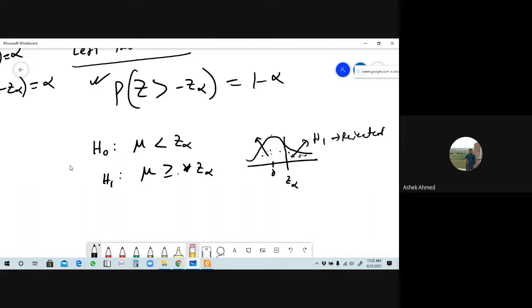Does it match with what I am saying? This is accepted for this problem, because here H0 is true, and in this region H1 is true, and when H1 is true it is the rejected region, is it right? Yes sir. So tell me, the total area of the rejected region will be alpha, right?